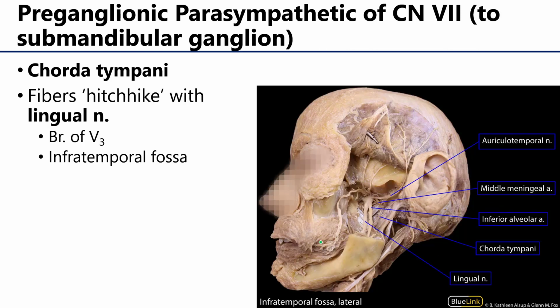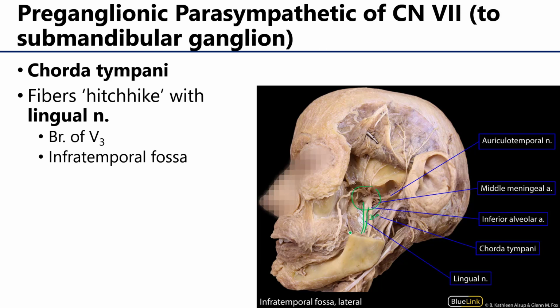So here we have the infratemporal fossa. Many of the muscles of mastication have been cut away here. The zygomatic arch has been cut away, and we can see all of this V3 material here. Specifically, there's the lingual nerve, just anterior to the inferior alveolar nerve. Those are two of the big nerves through there, and that's heading down, and it's going into the sublingual space,